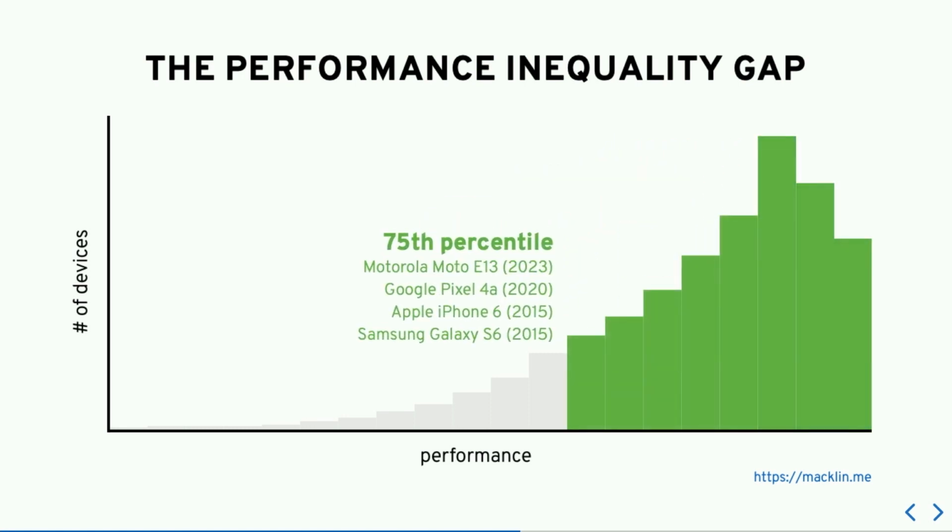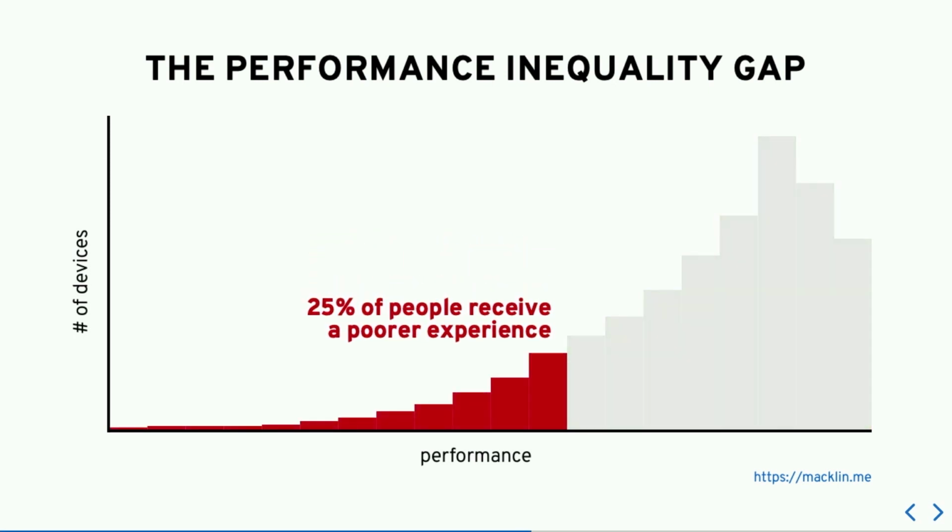Even at the 75th percentile, the performance of those devices and the experience you get as a user is still okay. That's something like a Moto E13, which is still on that graph, or an Apple iPhone 6. Does anyone have an Apple iPhone 6 buried in a drawer somewhere? Maybe it might be worth digging that one out and using it and seeing what the performance is like. But the real problem lies in this area here. This is 25% of people. So this side of the room, or 1 in 4 people, have honestly a pretty terrible experience with most websites. It's awful. And this is the reason why this stuff's really important.